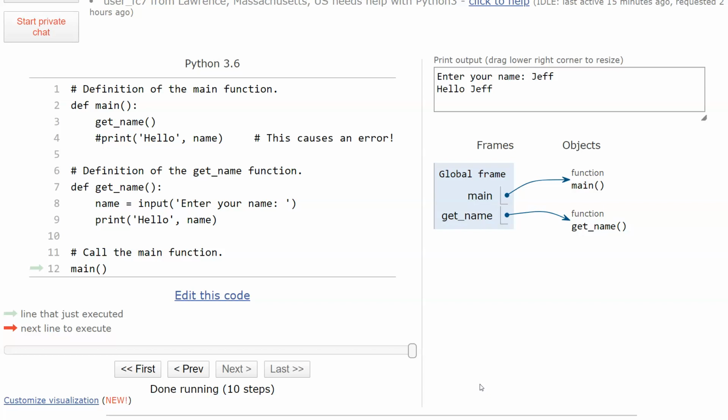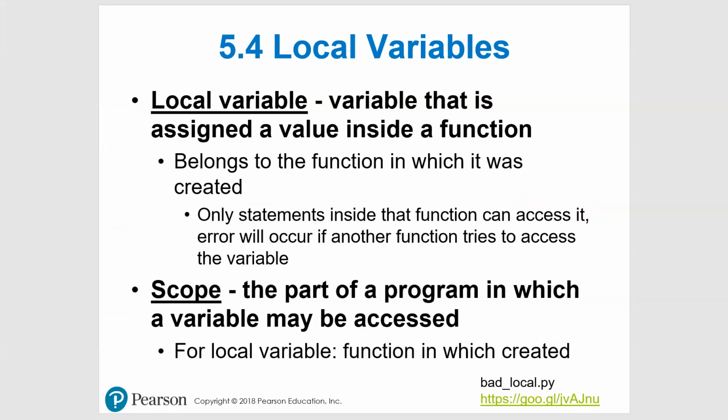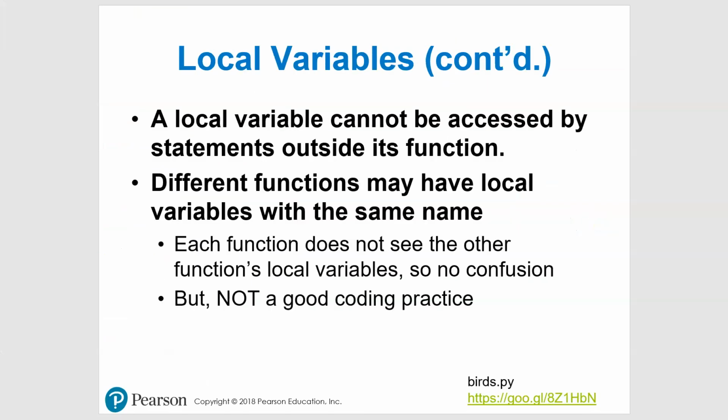Let's look at one more, another example. So let me switch back over here. And you'll see that you can actually use the same name in different functions, and you'll have different values. This is terrible coding practice, but it doesn't cause any necessarily confusion because the functions are independent of each other. So let me show you what I'm looking at here. So if I switch this over,